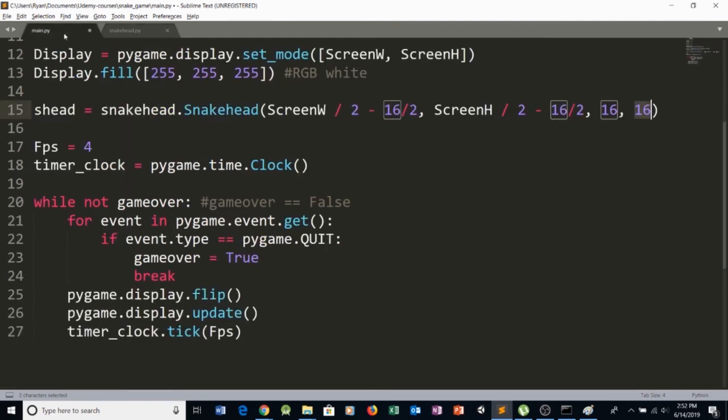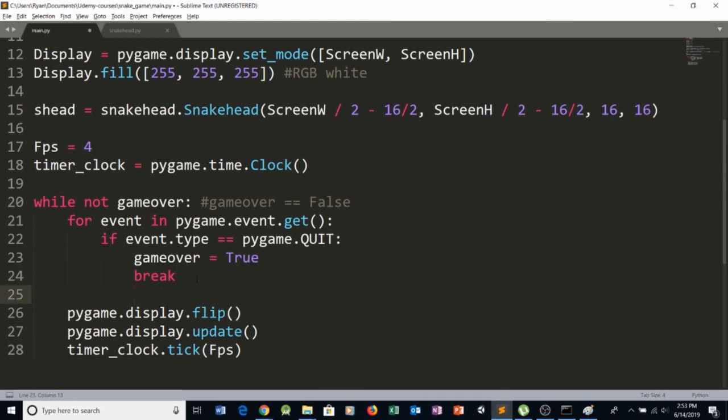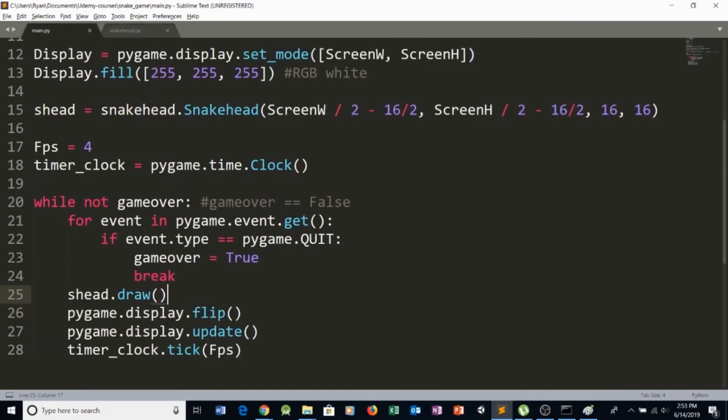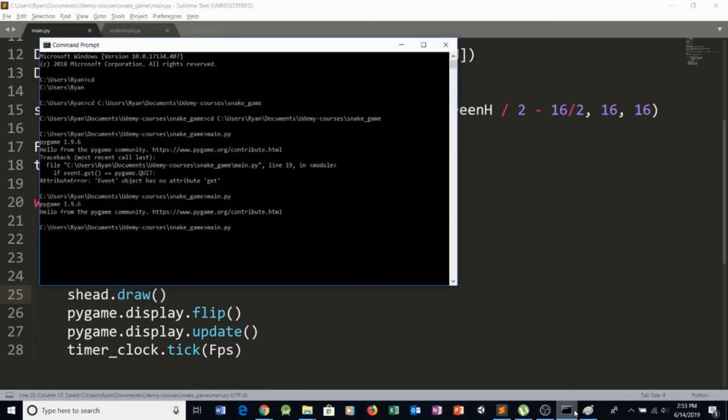So what we can do now is go here, and each time the loop is over, we can say s head, so snake head, dot draw. So at each frame, it's gonna run this function and draw a rectangle at the position that we have defined. So now if you run this program,